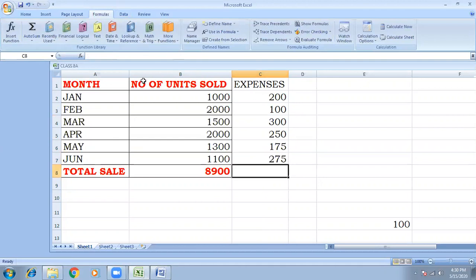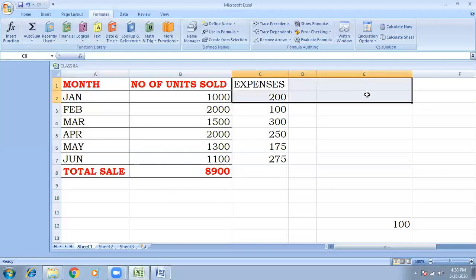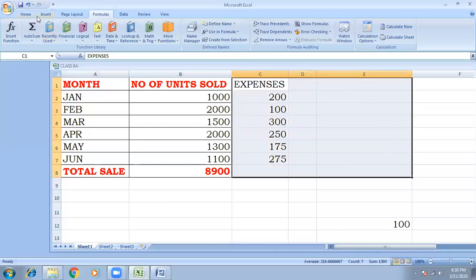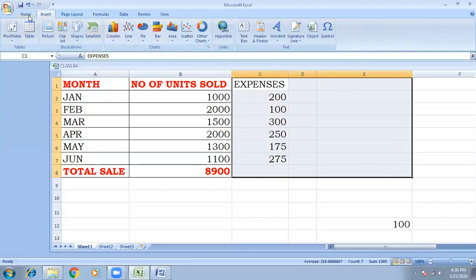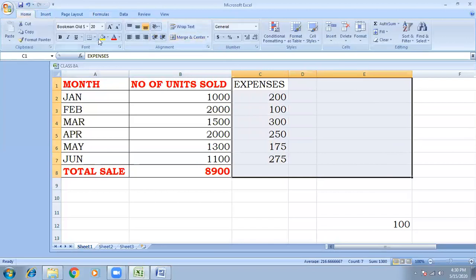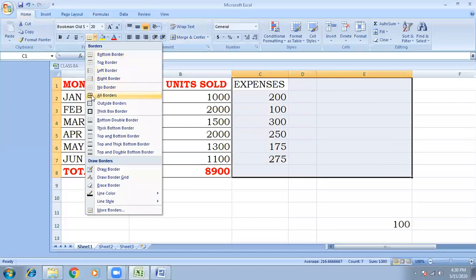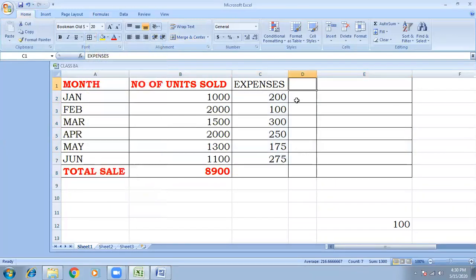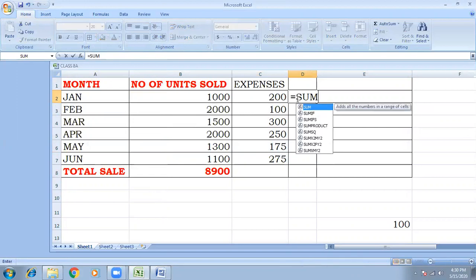Now I'm using a formula here, in D2. Writing the formula: SUM, then the starting location, colon, and here is the ending location.